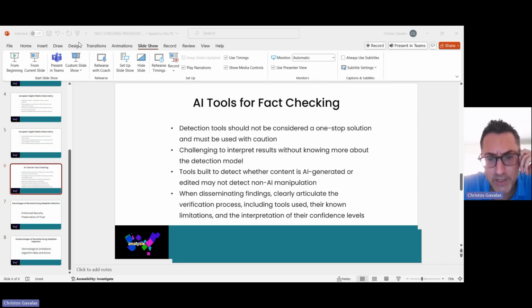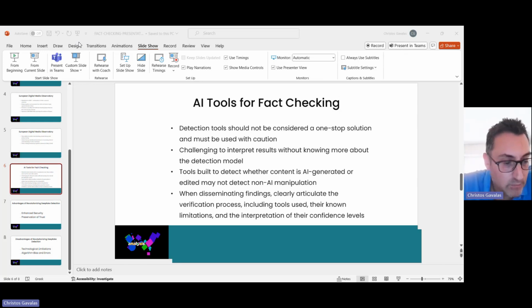And it can be challenging to interpret the results without knowing more about the detection model, such as what it was trained to detect, the data set used for training, when it was last updated. If you don't know this information, then it's really not so easy to interpret what the results are clearly saying.